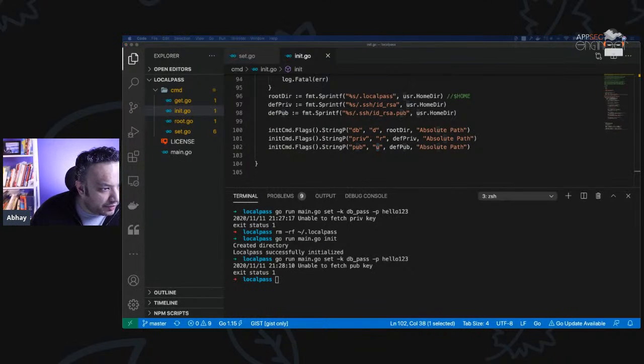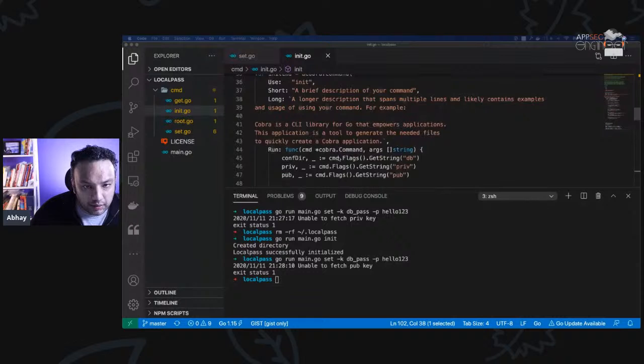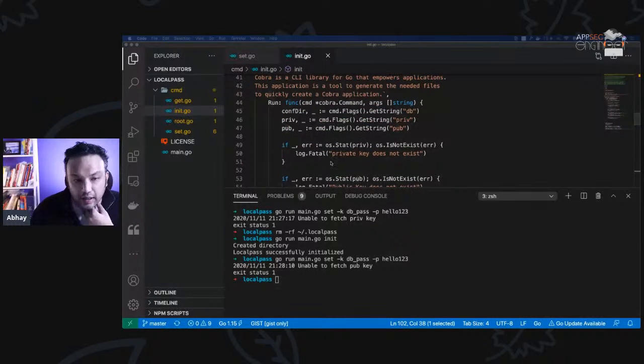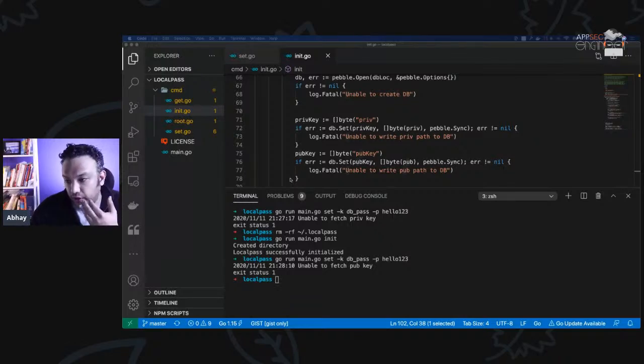Let me just check if I made some mistake with the initialization bits of this code. Not that I know of. Defpop, defpref. Looks like there's something wrong with the way I've set my public key. Anyway, I'm not going to be able to debug this, but let me just walk you through the get code